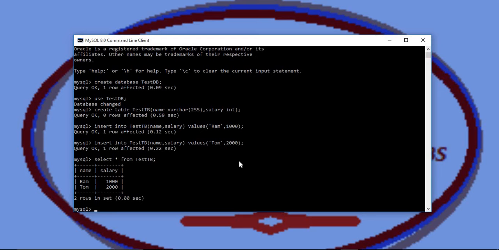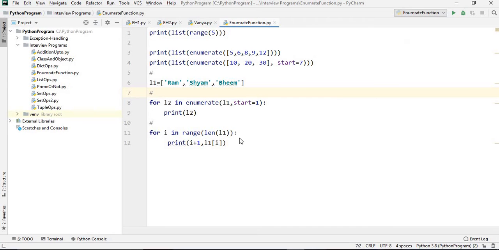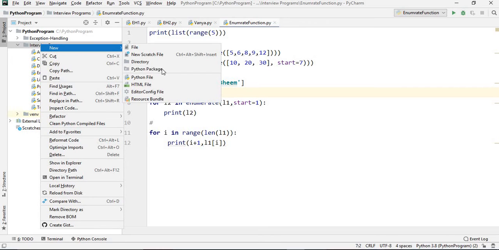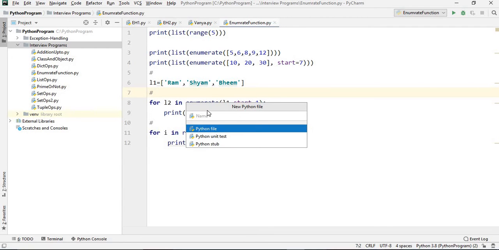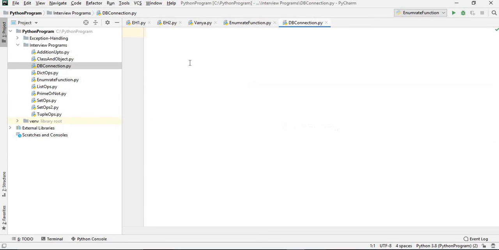Now we'll open PyCharm, and here we'll make one Python file, that is db connection. And after that, what we have to do in this project, first of all we have to